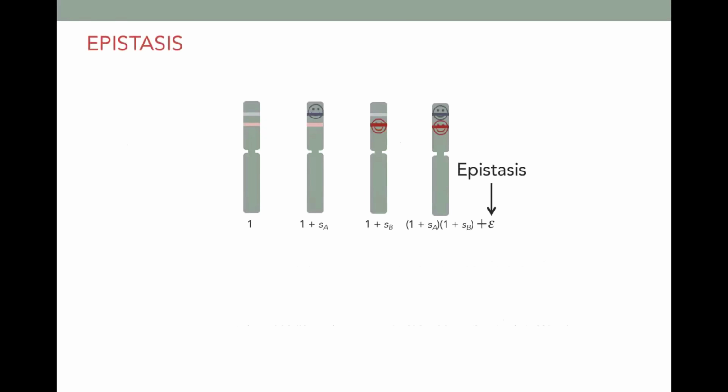Let me spend a few moments talking about one of those other processes and how it interacts with selective interference. So I want to talk about epistasis. For population geneticists, we define epistasis as a departure from independence in these fitness interactions. So if the fitness of a beneficial combination is a little bit higher, we say there's positive epistasis because good alleles on good genetic backgrounds increase fitness a little bit more than you'd expect.